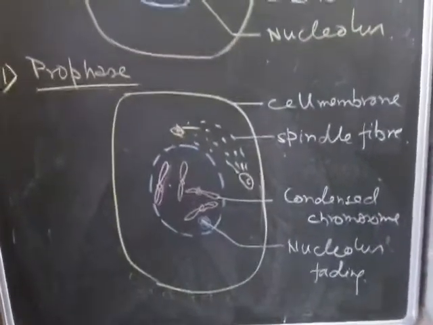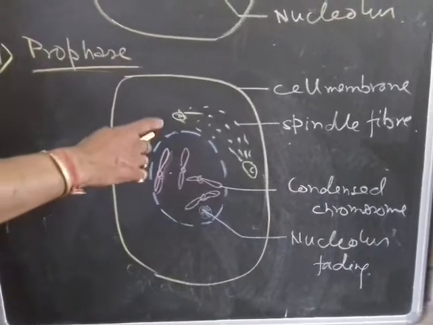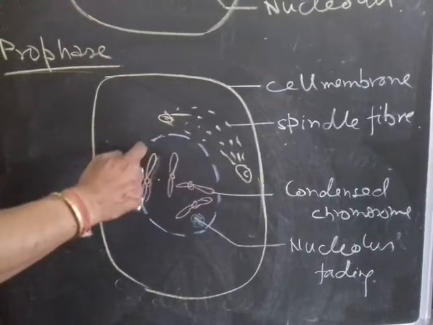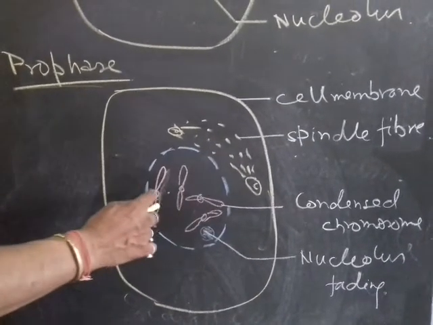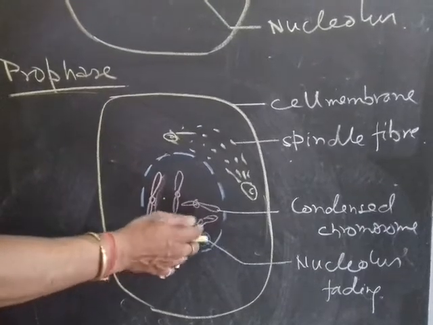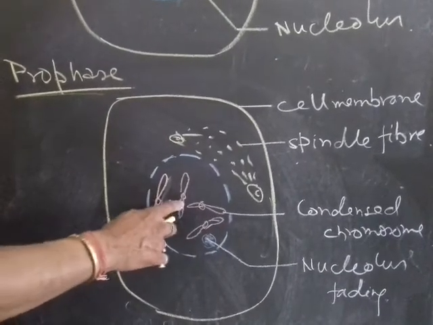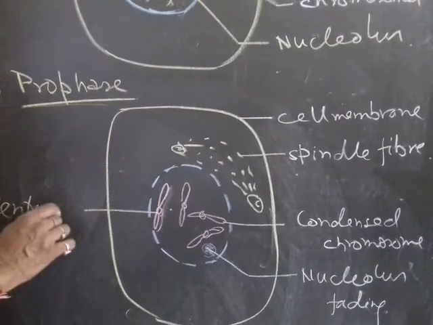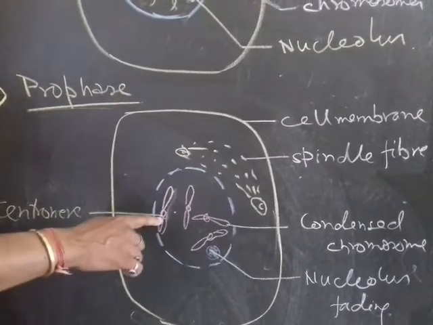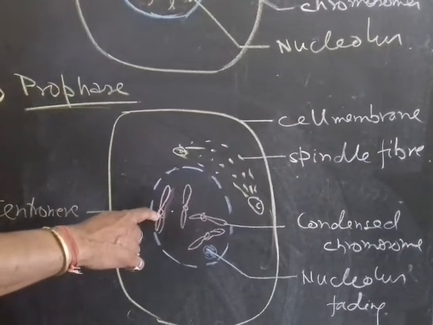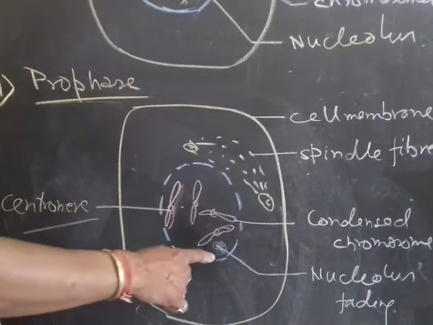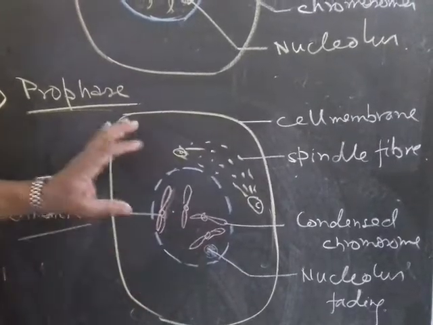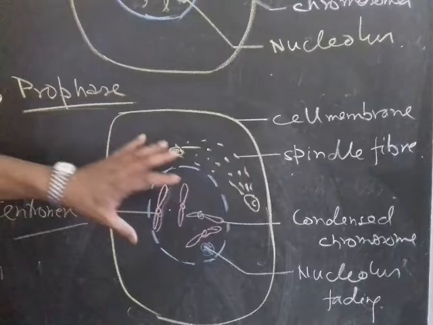Now in early prophase, what do we see? The centrosome now divides into two and the two centrioles move apart. The nuclear membrane now becomes lighter and the chromosomes become condensed so that they become more visible. So you can see 4 chromosomes and the center of each is called the centromere. The centromere is of very much importance because this is the part to which the spindle fibers are attached. And you have the nucleus, which is also vanishing slowly. So a fading nucleus is there in the prophase structure.